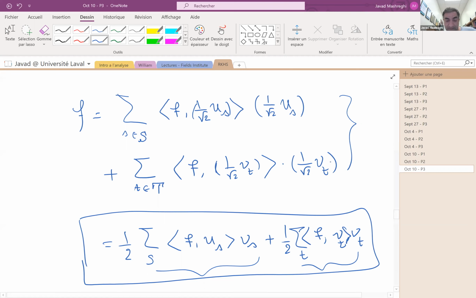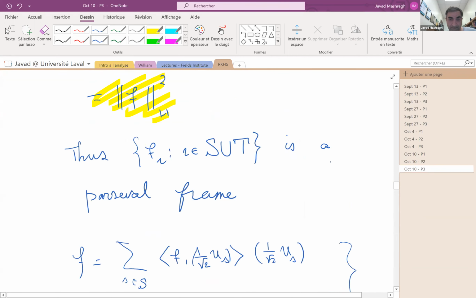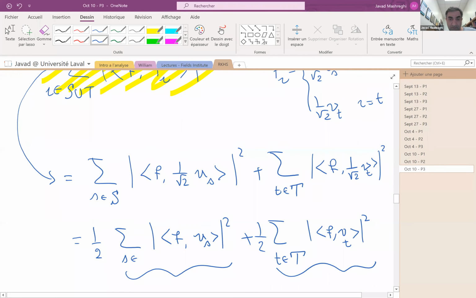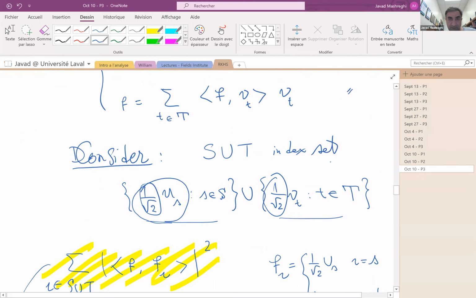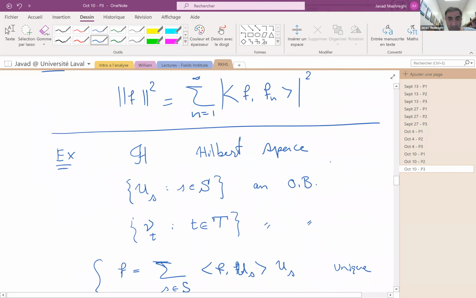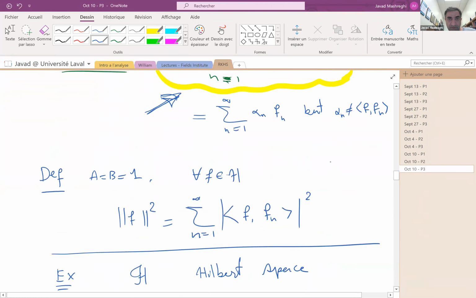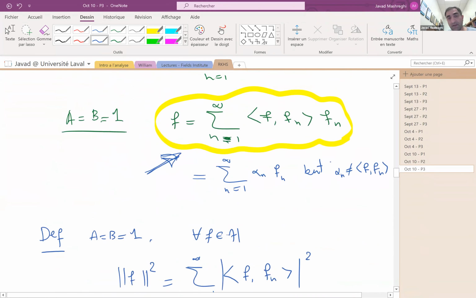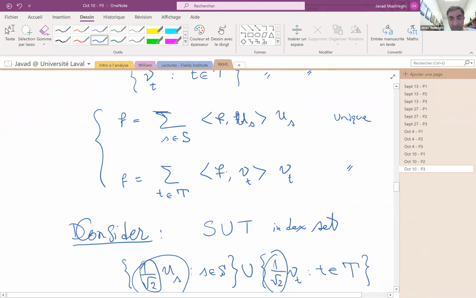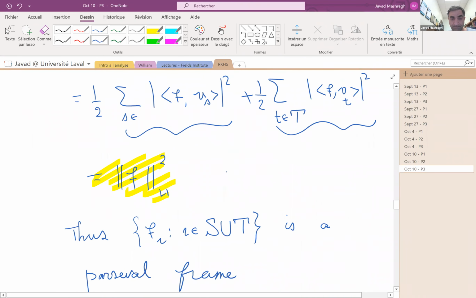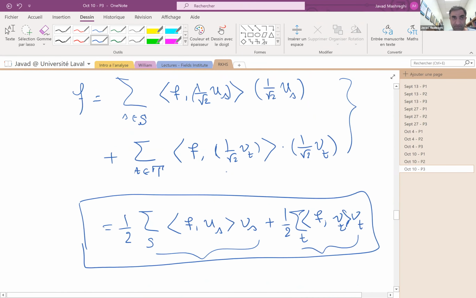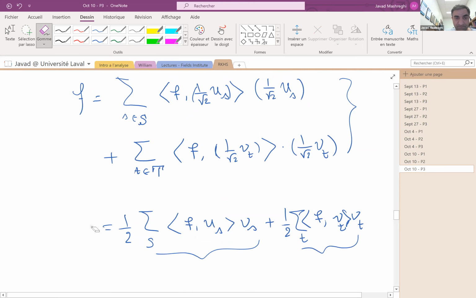To conclude, what I wrote here, I believe, where I wrote that the coefficients are not unique? Yeah, here it is. We have this representation, but we can have other coefficients. For example, here, if I remove this,